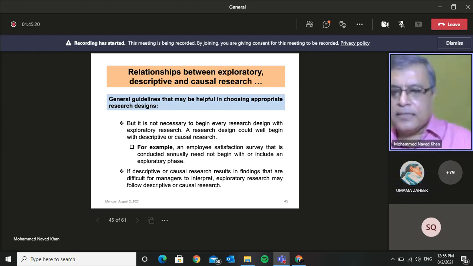Yes, I said that. See, the characteristic of how we identify whether our study is an exploratory design or not. First of all, samples are non-representative. Okay, Umama, the samples are supposed to be non-representative. Another thing is the sample size is supposed to be small, and small means generally less than 50. In certain studies, or rarely, you will find that the sample size in an exploratory study would be hovering around 100, or between 50 and 100.